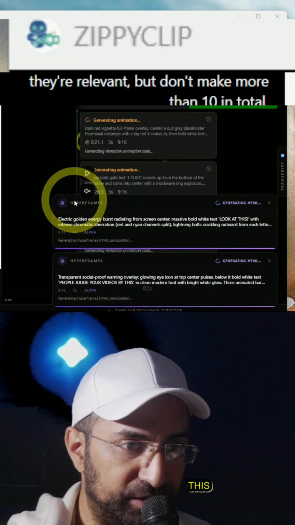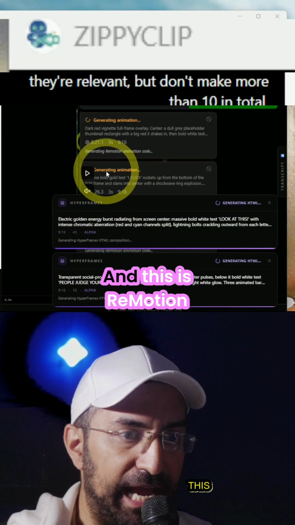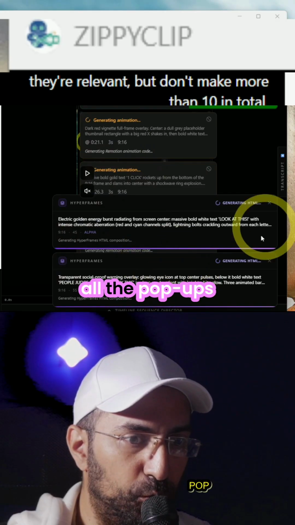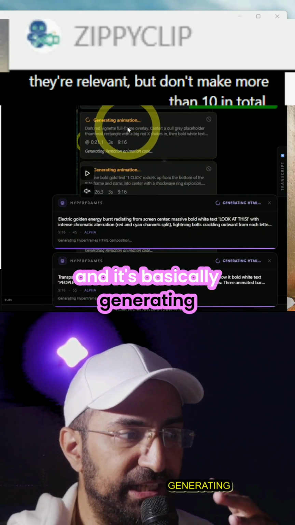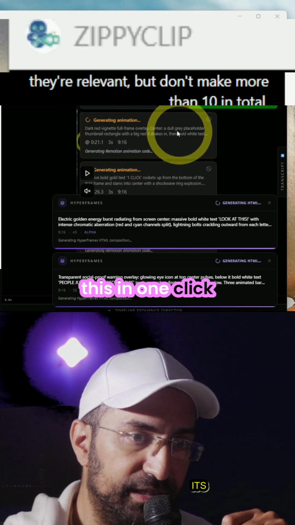Now let me just show you. See, this is Hyperframes. This is Hyperframes. It's purple. And this is Remotion. So you can see all the pop-ups. And it's basically generating everything for me. And remember, I did all of this in one click. It's also using